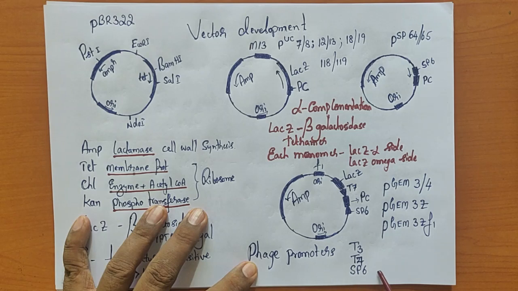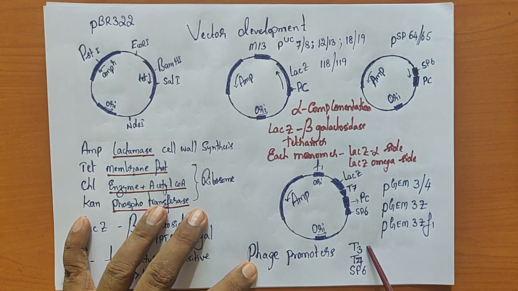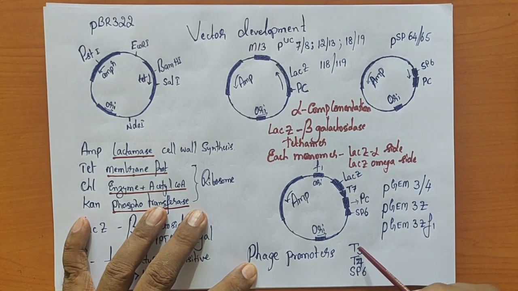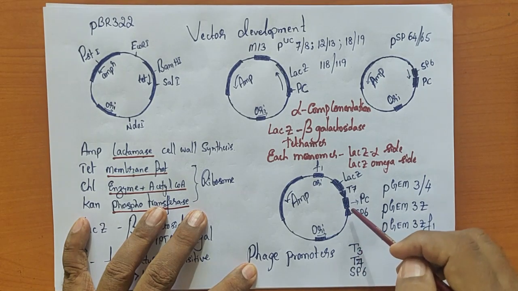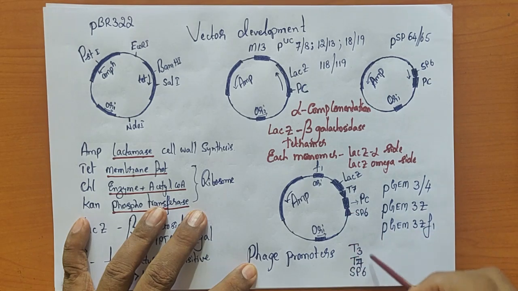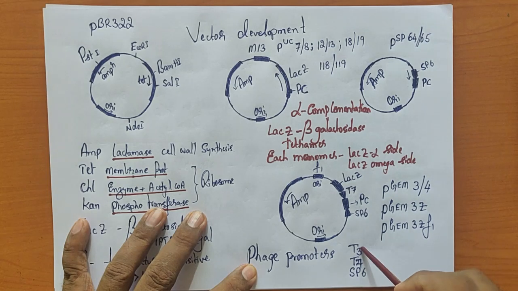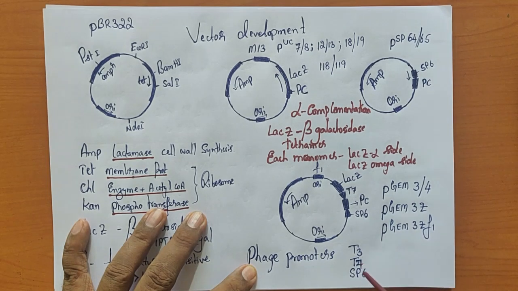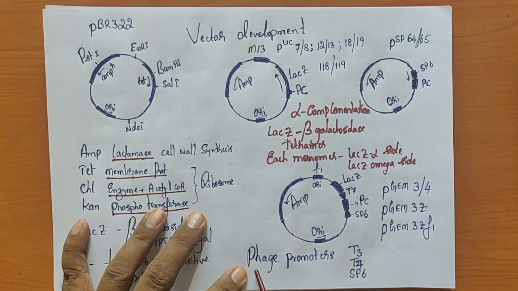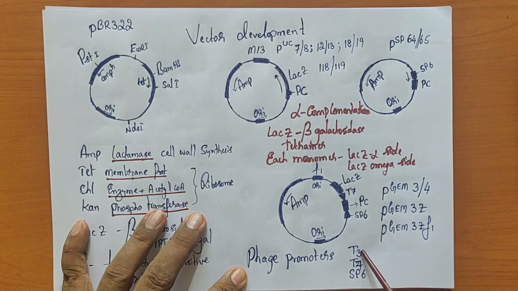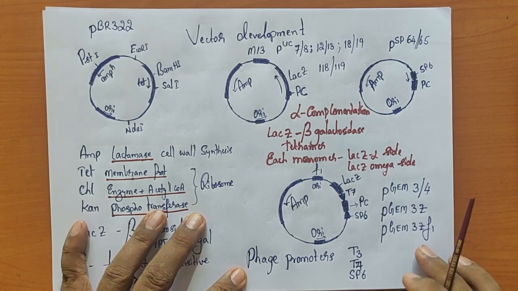So SP6 RNA polymerase will not function with the others, and T3 RNA polymerase will not function with those either. As a result, if you have these promoters strategically placed, we can make sure that we activate this promoter, or this promoter, or this promoter. So that is the advantage. The most preferred ones are going to be the promoters from T3, T7 and SP6, in fact.